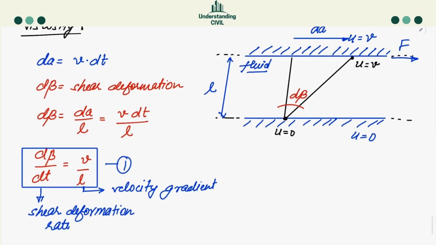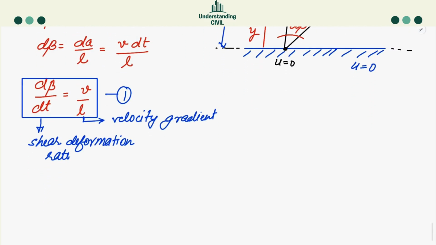Let's get back to our book. So if I say that for any height y in the fluid measured from the stationary plate, the system will have a velocity of u. So what I can write from here is that,